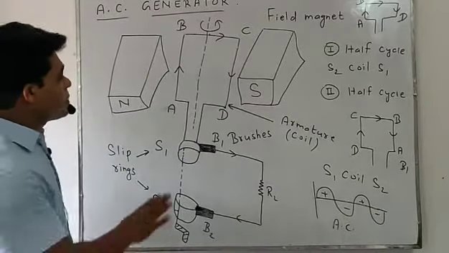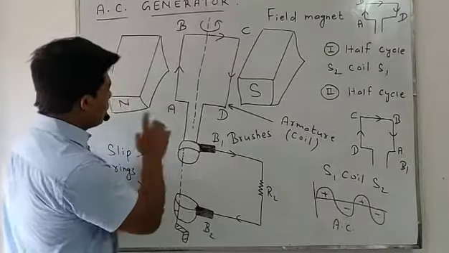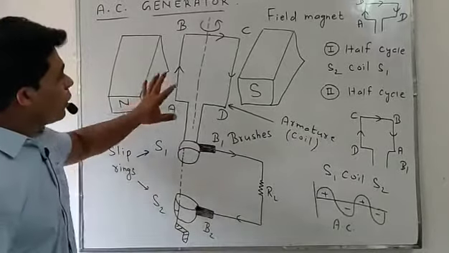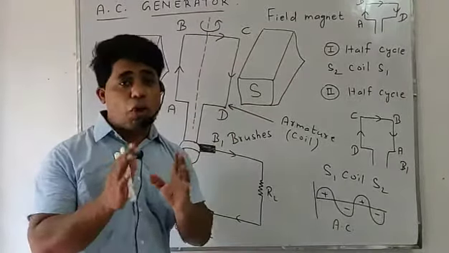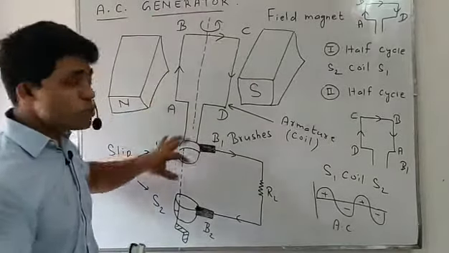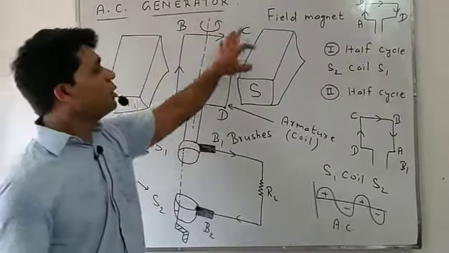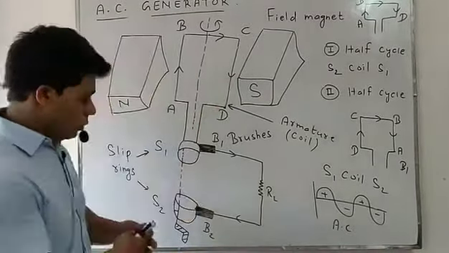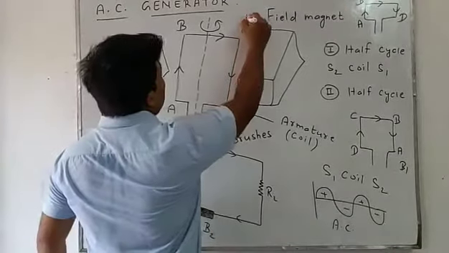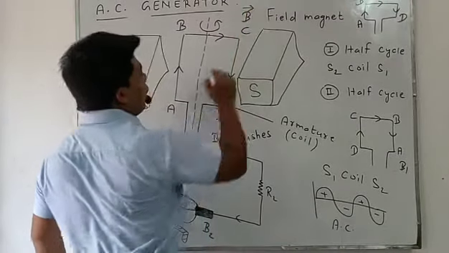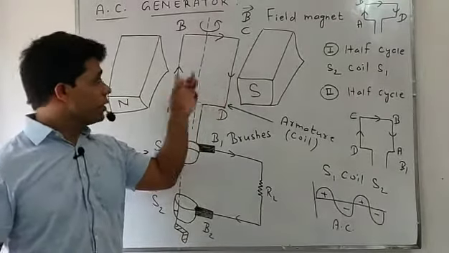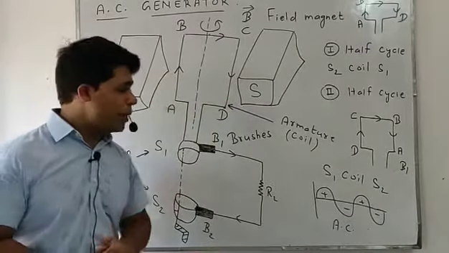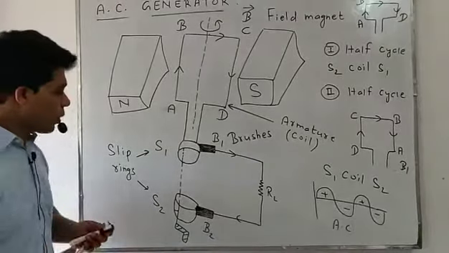Now students, the second is the permanent magnet, north and south pole. Okay, the coil is placed between two strong magnetic poles that produce a strong magnetic field around the armature coil. Okay, the first portion was the armature coil, the second portion was the permanent magnet, and third is the most important.